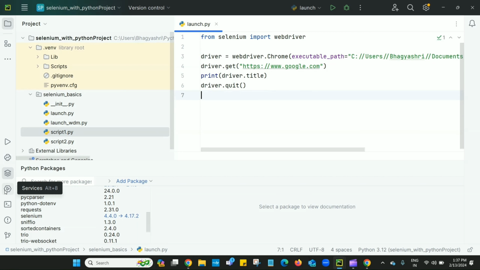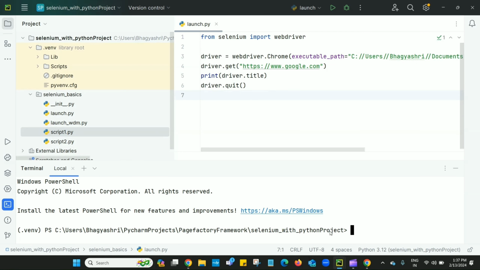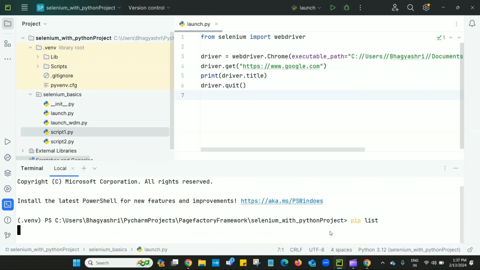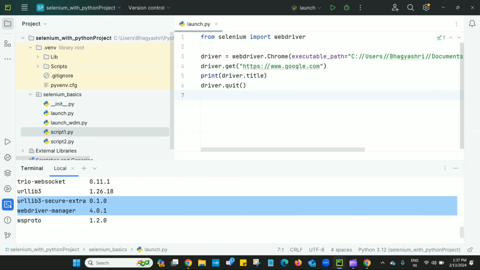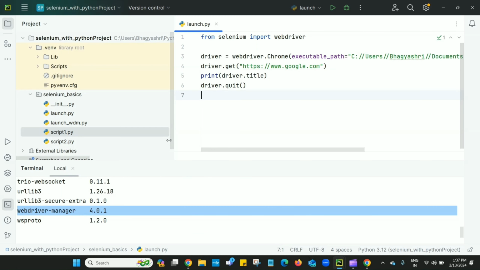Here I have already installed WebDriver Manager. See here, WebDriver Manager is already installed. I will execute the same program with WebDriver Manager.